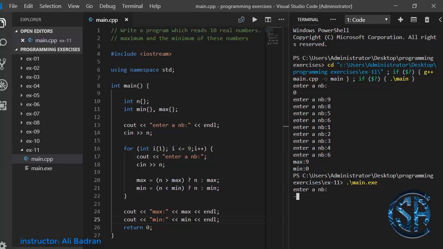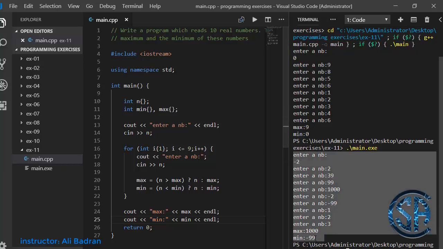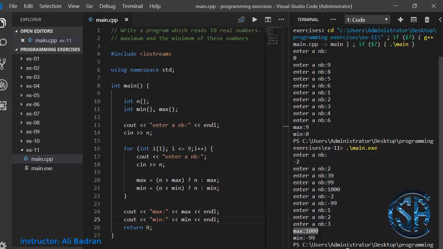So let's try it with negative numbers. And as you can see, we get that the maximum is 1000 and the minimum is minus 99, and this